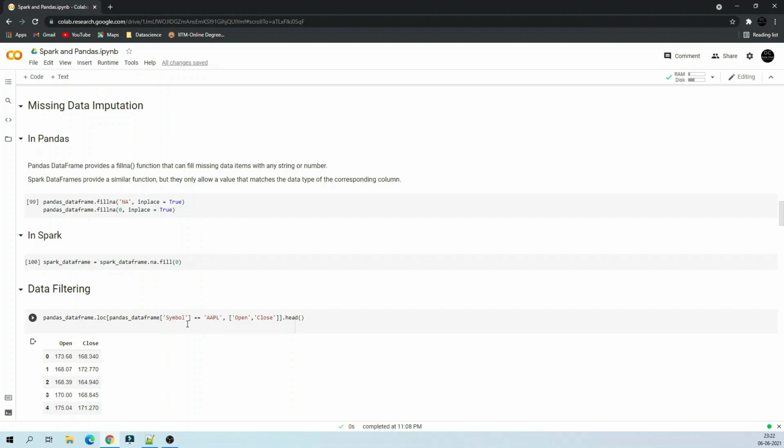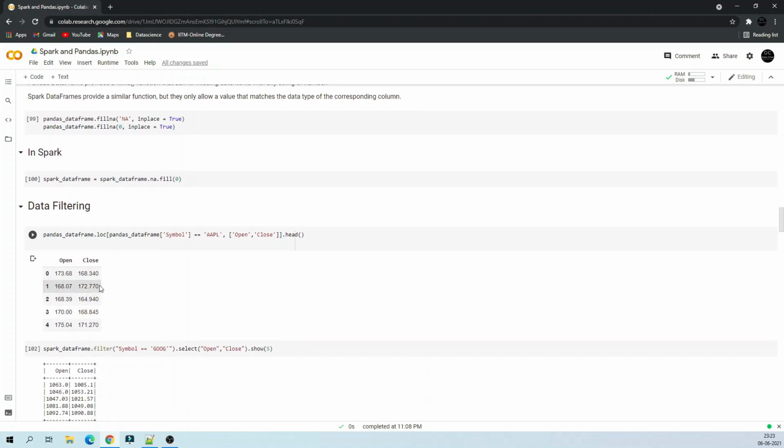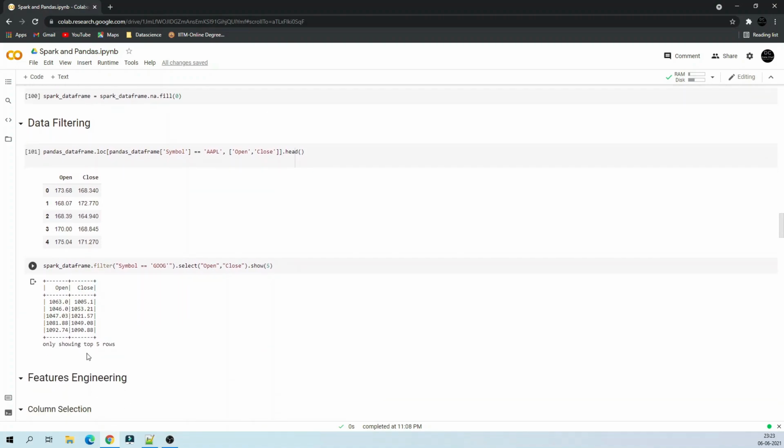In my case, I want to see the open and close for Apple for the first 5 rows. So I get the first 5 rows for Apple. Whereas in Spark, I have a functionality called filter, and in this case I am going to show the first 5 rows for open and close for Google. So you can see the values here.